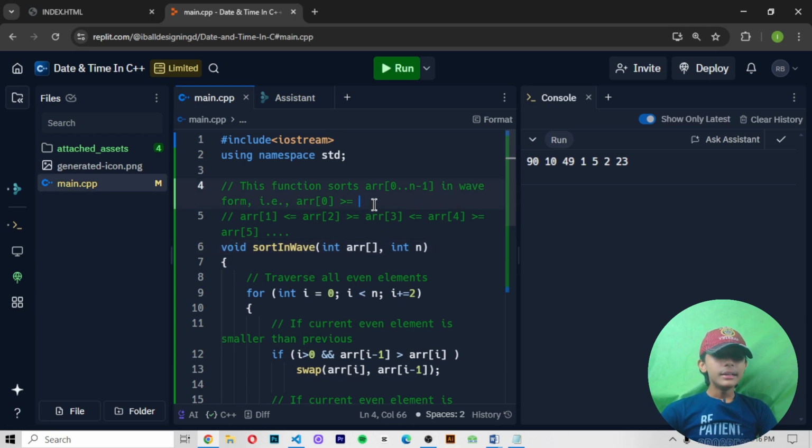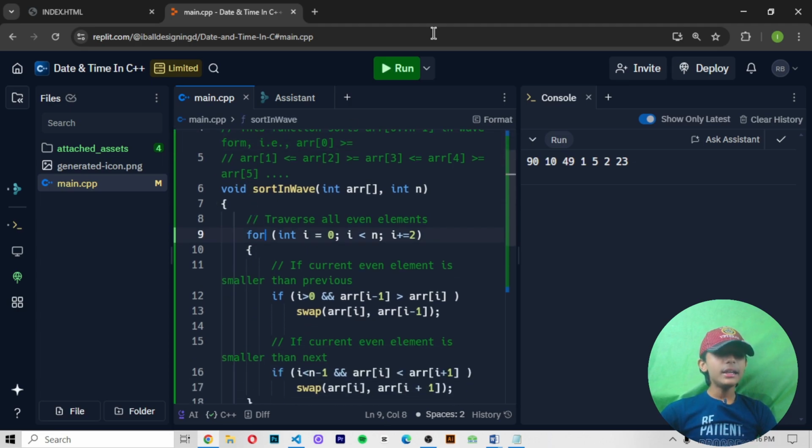First of all, this function sorts the array in waveform. For example, arr[0] greater than or equal to arr[1], less than or equal to arr[2], greater than or equal to arr[3], less than or equal to arr[4], greater than or equal to arr[5].